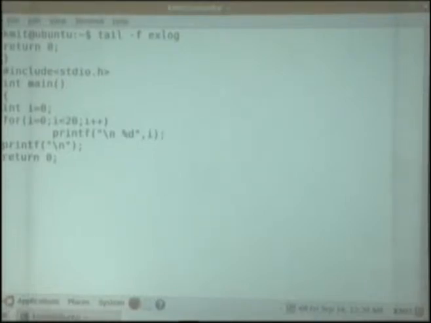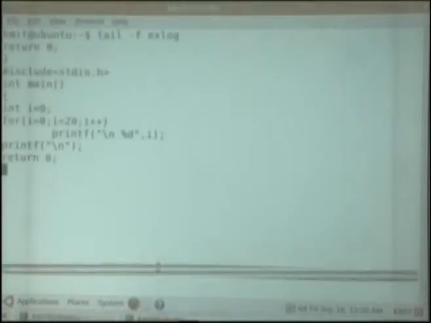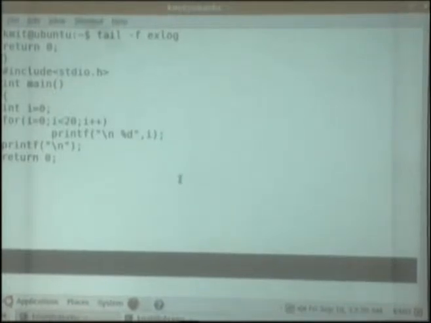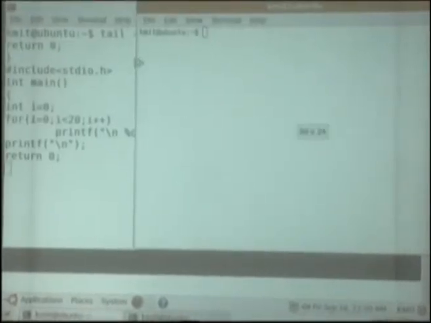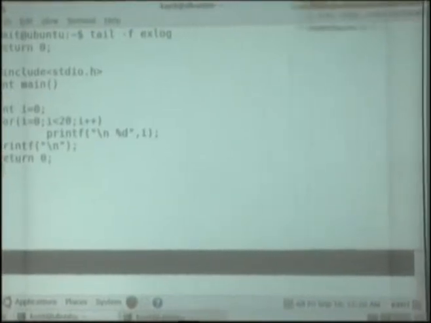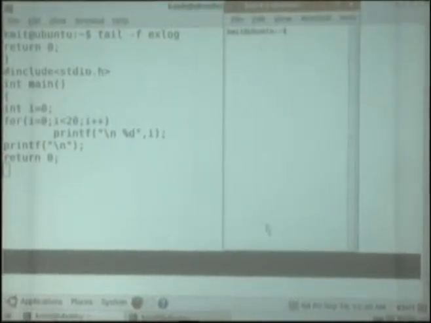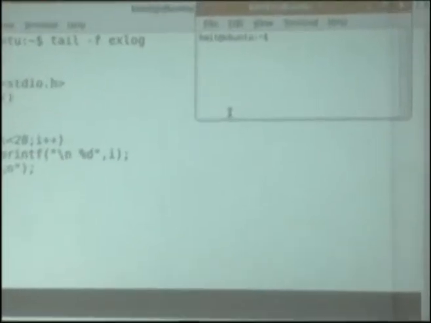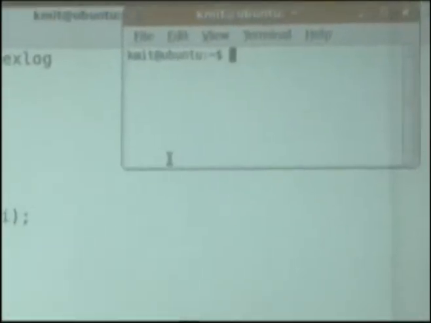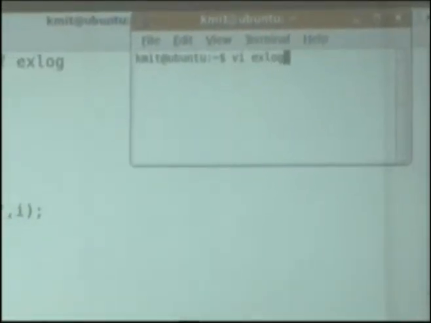Now how do we monitor its growth? We'll have one more terminal. We'll go to vi exlog.